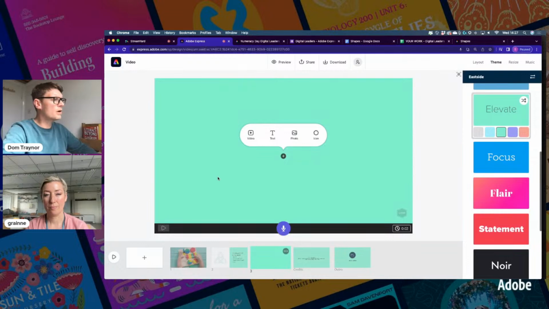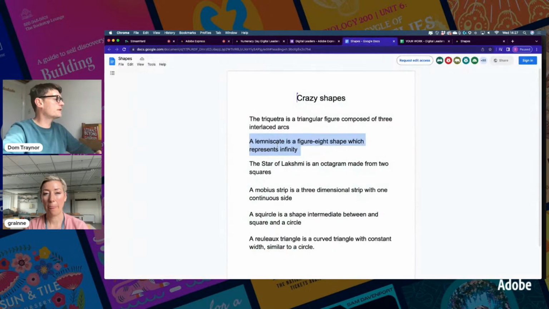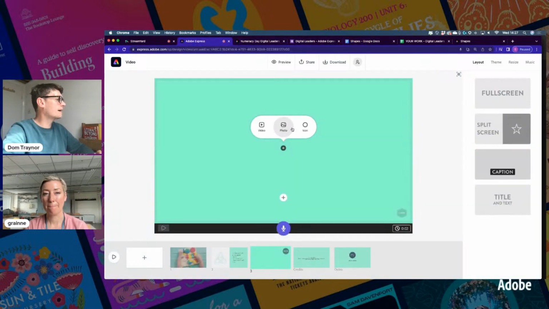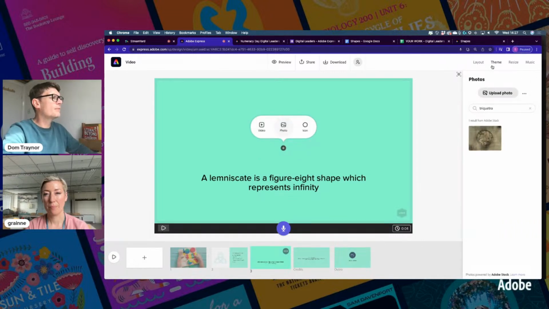layout. Grania, what kind of layout shall we go for? Let's have a look and see. You can maybe go for caption if you want to do a full screen picture. Good idea. Right. So in terms of caption, we went for this lemniscate, which represents infinity. So let's go back in here. Now, the bottom one is where you put your text. Stick it in. Now, it doesn't look too fancy right now, but once we put our photo on, I wonder,